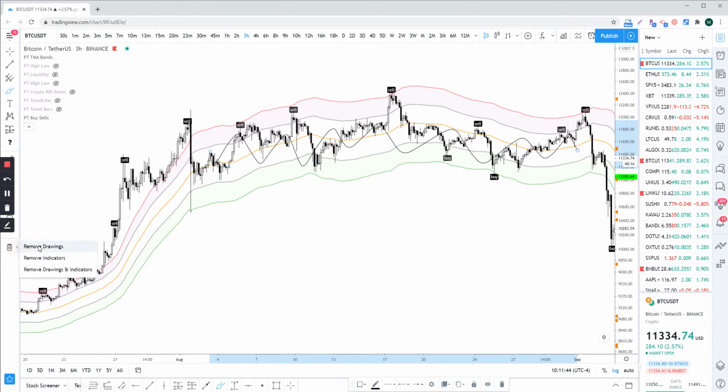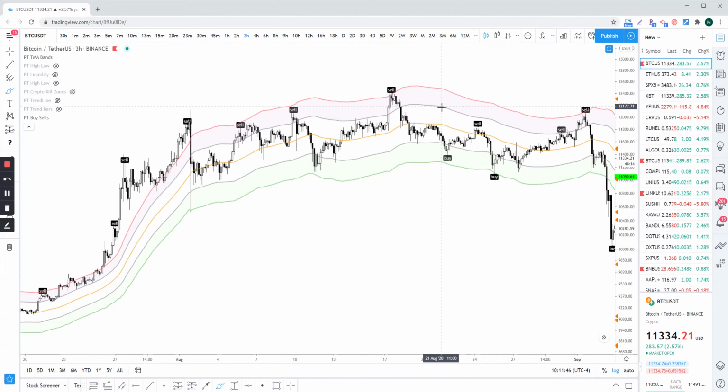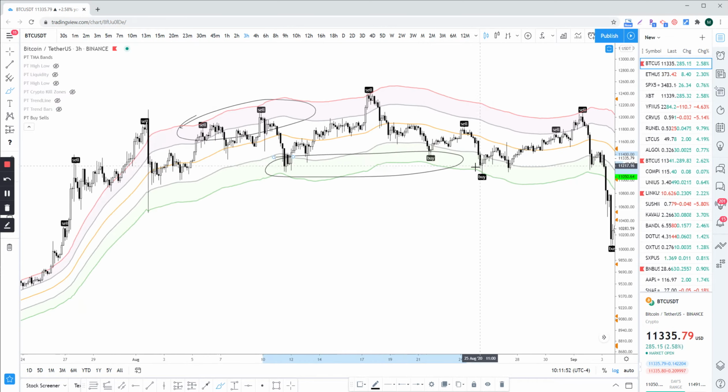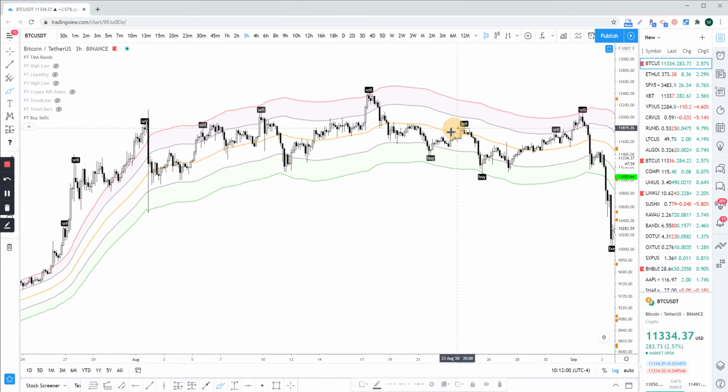So we created the TMA bands to give you an idea: red is a top zone, green is the bottom zone. So if you do happen to get a buy signal at the bottom green zone, you're more likely to go up than down, and you want to target your equilibrium, which is the orange, as a first target, and a second target will be your red band, right? So you consider it two zones completely,